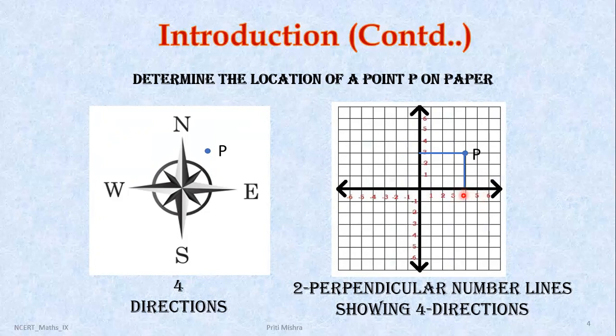Here you can see at the point 4 it is dropping, and here at the point 3 it is coming. So we are having its coordinates 4 and 3. These are known as the coordinates of this point, and this is coordinate geometry, where we are finding out the position of any point or any object with respect to two perpendicular lines, right? So this is coordinate geometry.